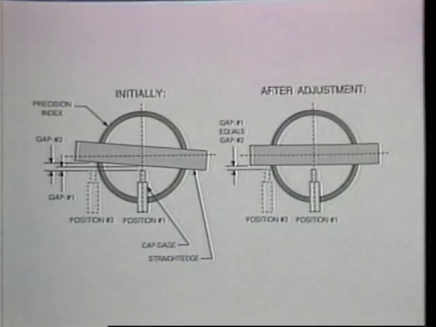Note that the simplicity of this adjustment was made possible by originally positioning the probe in the center of the index. Since the first cap gauge reading was made with the probe at the approximate center of the straight edge rotation, that first reading will be nearly constant since it will be essentially unaffected by the rotation of the straight edge. Therefore, if the straight edge is rotated so that the reading at the second point equals the reading at the first point, by definition, that straight edge must be parallel to